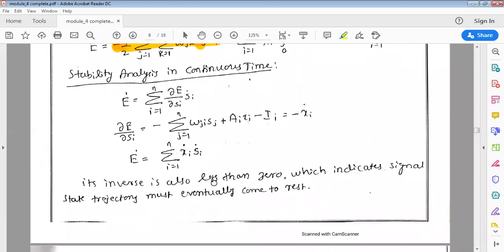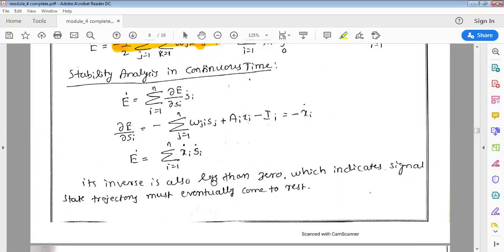So the whole idea is that the derivative of the function E should be less than 0. Therefore, the network will surely find a point which is a local minimum. If a network cannot find a local minimum, you will not have any memory in the system. That is totally against the basic principle we chose. A Lyapunov surface should have many minimums and many maximums, and the network should point out to various minimums. Those various minimums are considered as weight vectors, which are formed as an associative memory. That is the whole idea.